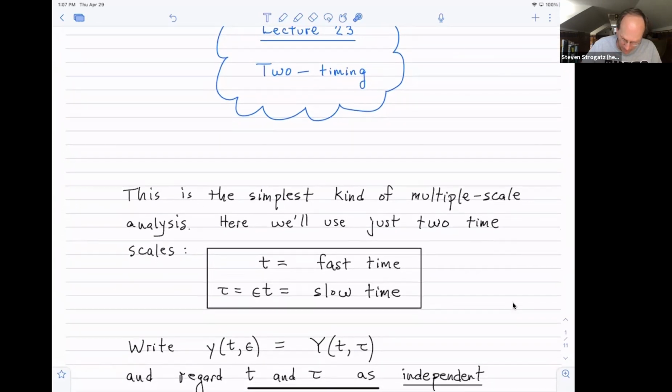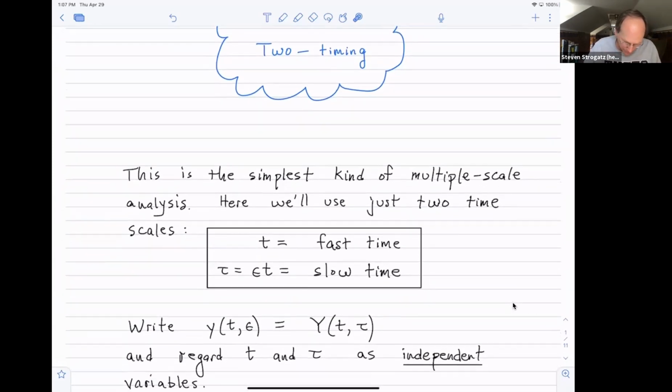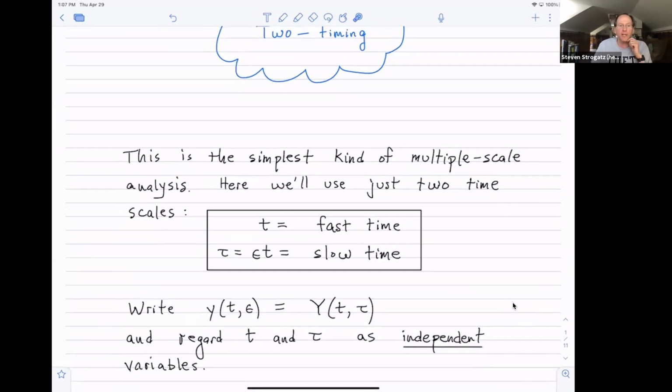All right, so the first move in the method of two-timing is really kind of bizarre. And I can't give you good intuition for it because I don't really have it myself, even though I've been thinking about this for 30 years or so, maybe now 40 years. I still find this first step really mysterious, which is that we're going to treat t and tau as if they were independent variables. But they're not. One is directly proportional to the other. So there's something that seems wrong-headed about the method to begin with, except it works.